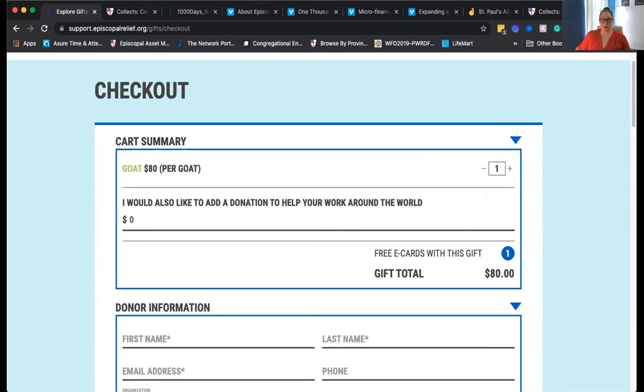Then I will stop share, pull up my agenda again. And then at this point, I suggest sharing the link to the catalog in the chat. So that way they can open it, they can follow along with you as you go through the market. So before we go and look at these market sections,